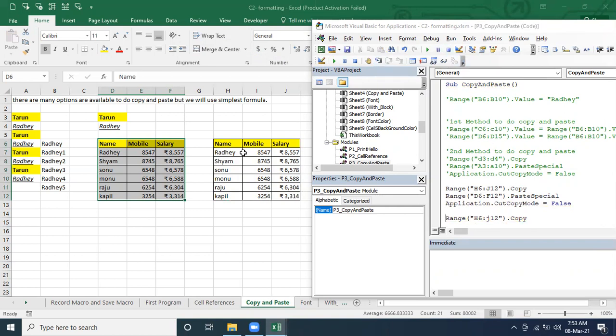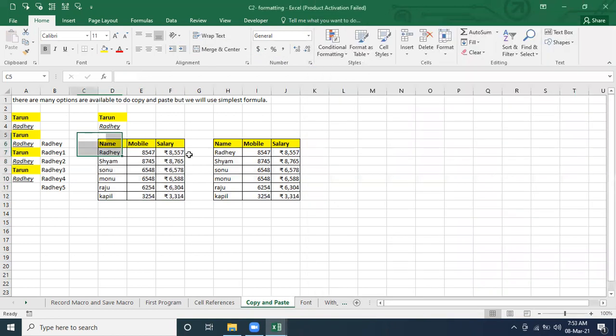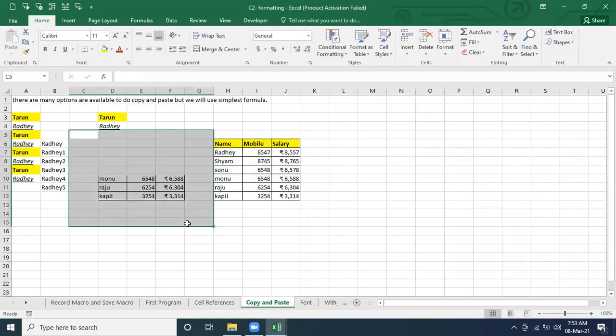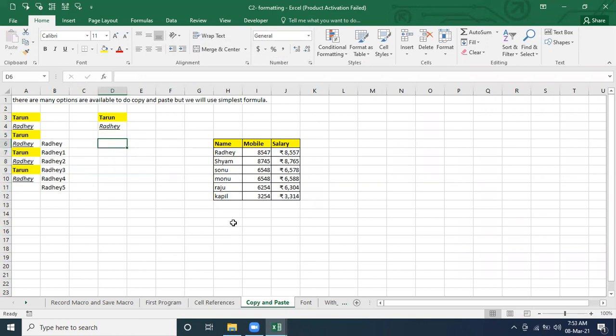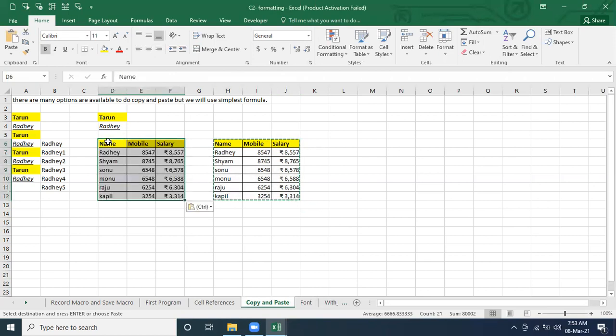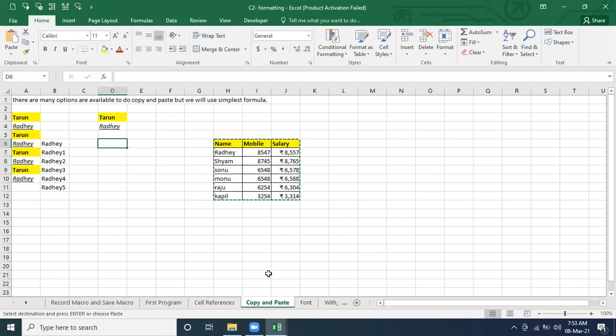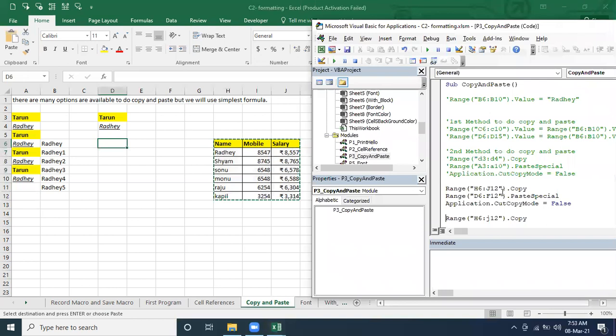Let's say if you are going to paste to one cell, this is the cell. How are we going to do it normally? We copy like this and we click on one cell and we use paste special, correct or not? So we were picking one cell and then pasting it. So let's see how we are going to do it in VBA.